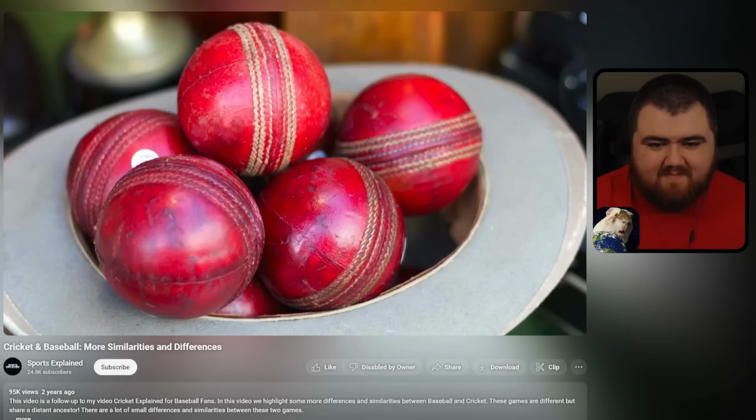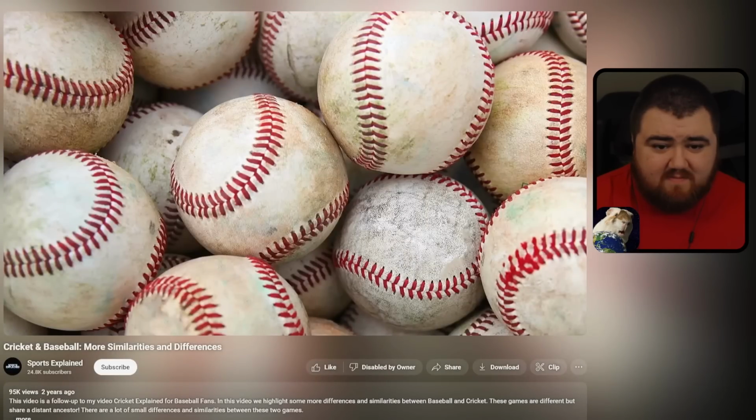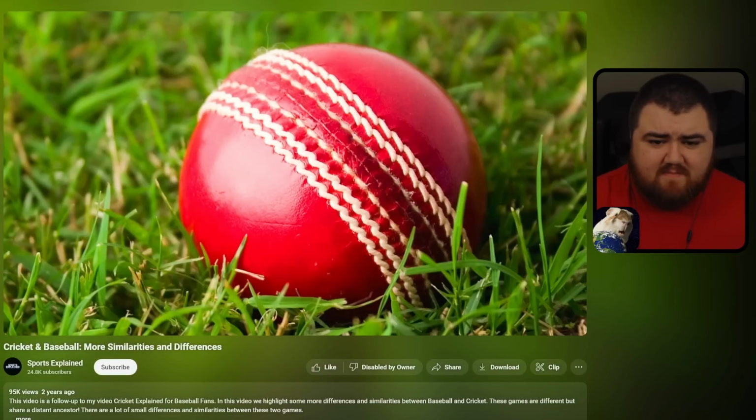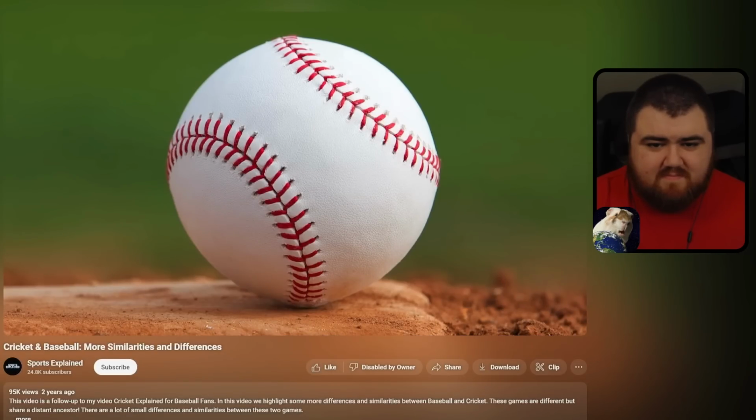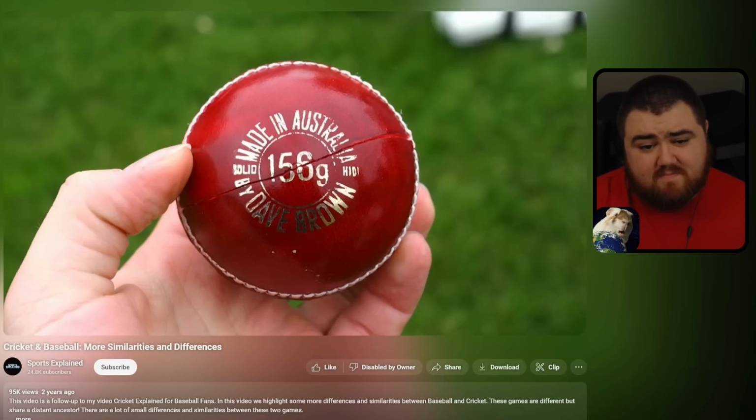While we're here, let's talk about the balls. Although they look different, cricket balls and baseballs are actually pretty similar. They're both made of cork and string covered in leather and are stitched together along standard seams. Cricket balls have a single seam that goes around the equator of the ball, as opposed to the horseshoe-shaped seam of a baseball. The main difference is that cricket balls are heavier and slightly smaller than baseballs and are considerably harder because they're covered in lacquer.